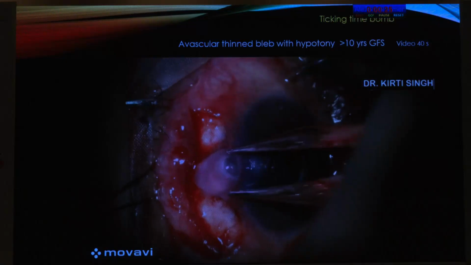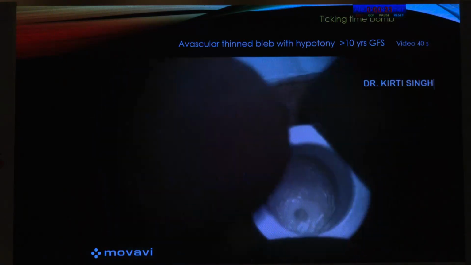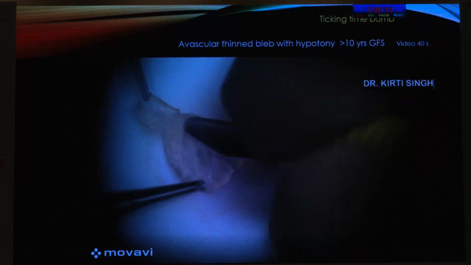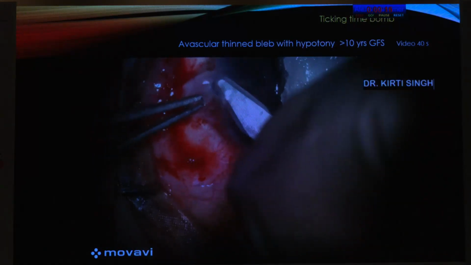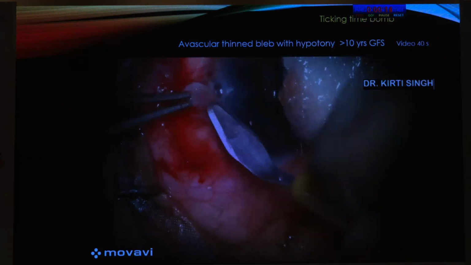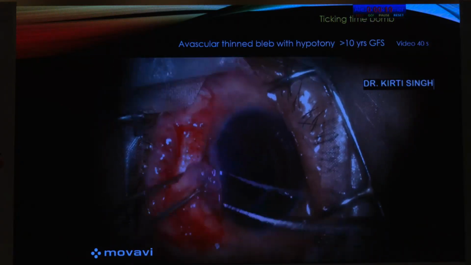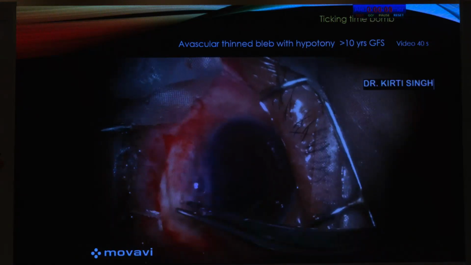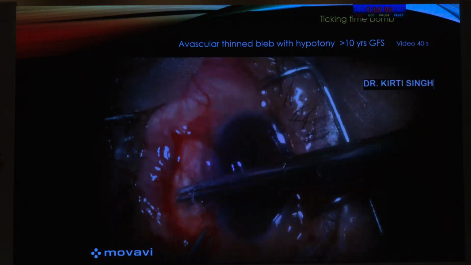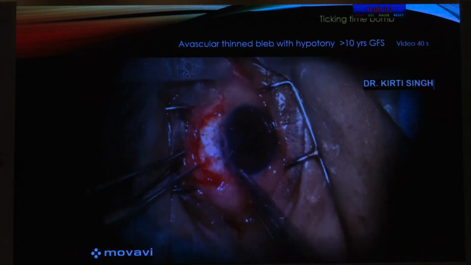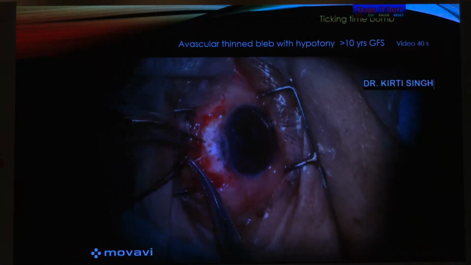You know, this type of a bleb, you just can't leave it. So you just measure it and then take the corneal patch graft, size it, and I put it half thickness because the full cornea is thick and that will cause a Dellen formation here and resurfacing issues. So you size it and you cut it according to the size of the thinning, and we've sutured the corneal patch graft over it, and then again the same thing of the conjunctival advancement,